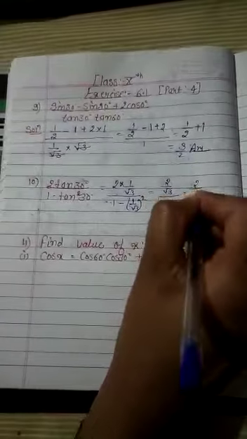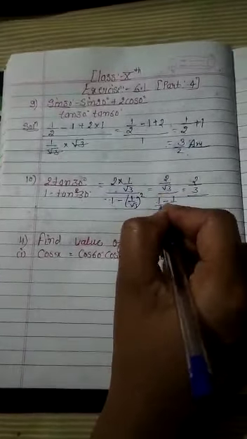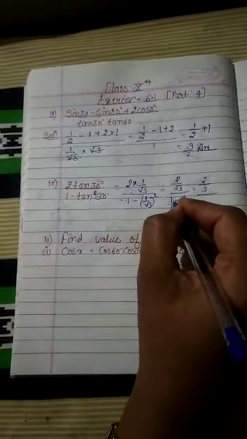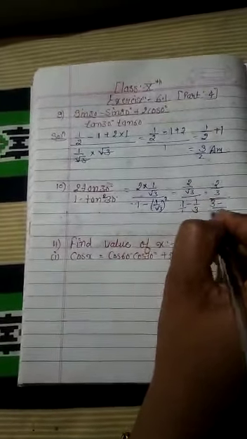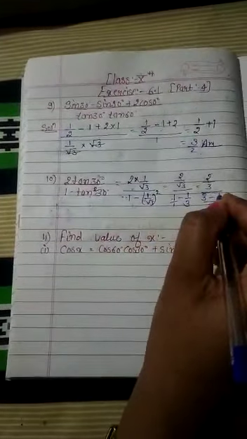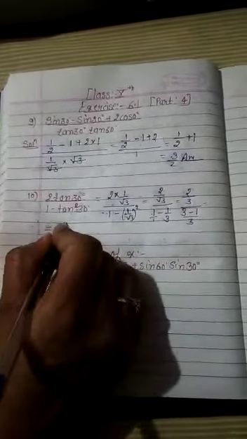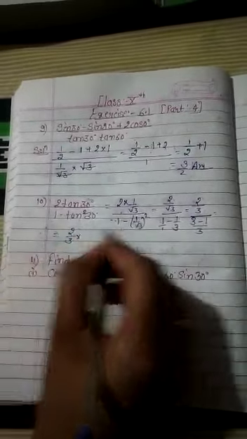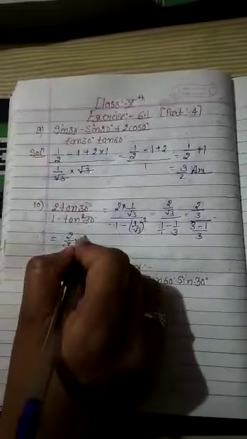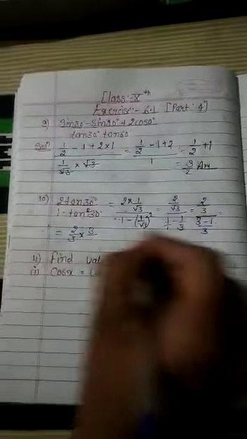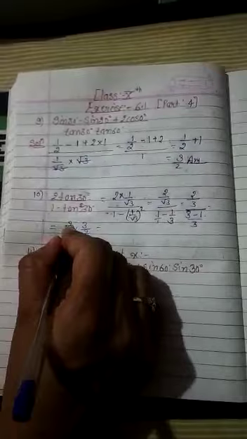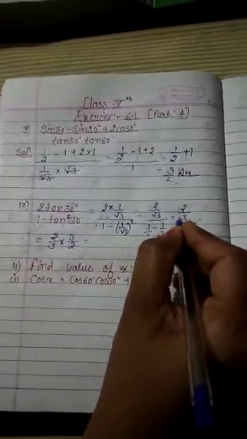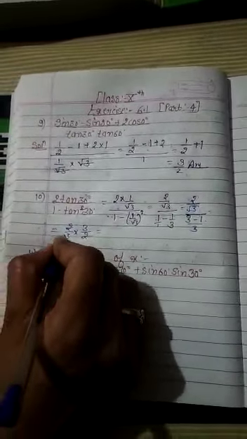Okay. We will take the LCM of 1 and 3. We get 3, and 3 divided by 1 is 3, and 3 multiplied by 1 is 3; 3 minus 1, 3 divided by 3 is 1, and 1 multiplied by 1 is 1. Okay. So we will get 2 upon root 3 into, because we change the division sign into multiplication, 3 will be at the numerator part, and 3 minus 1 is 2. Okay, 2 and 2 will be cancelled out, and here it is root 3. Okay, so we will get here root 3.